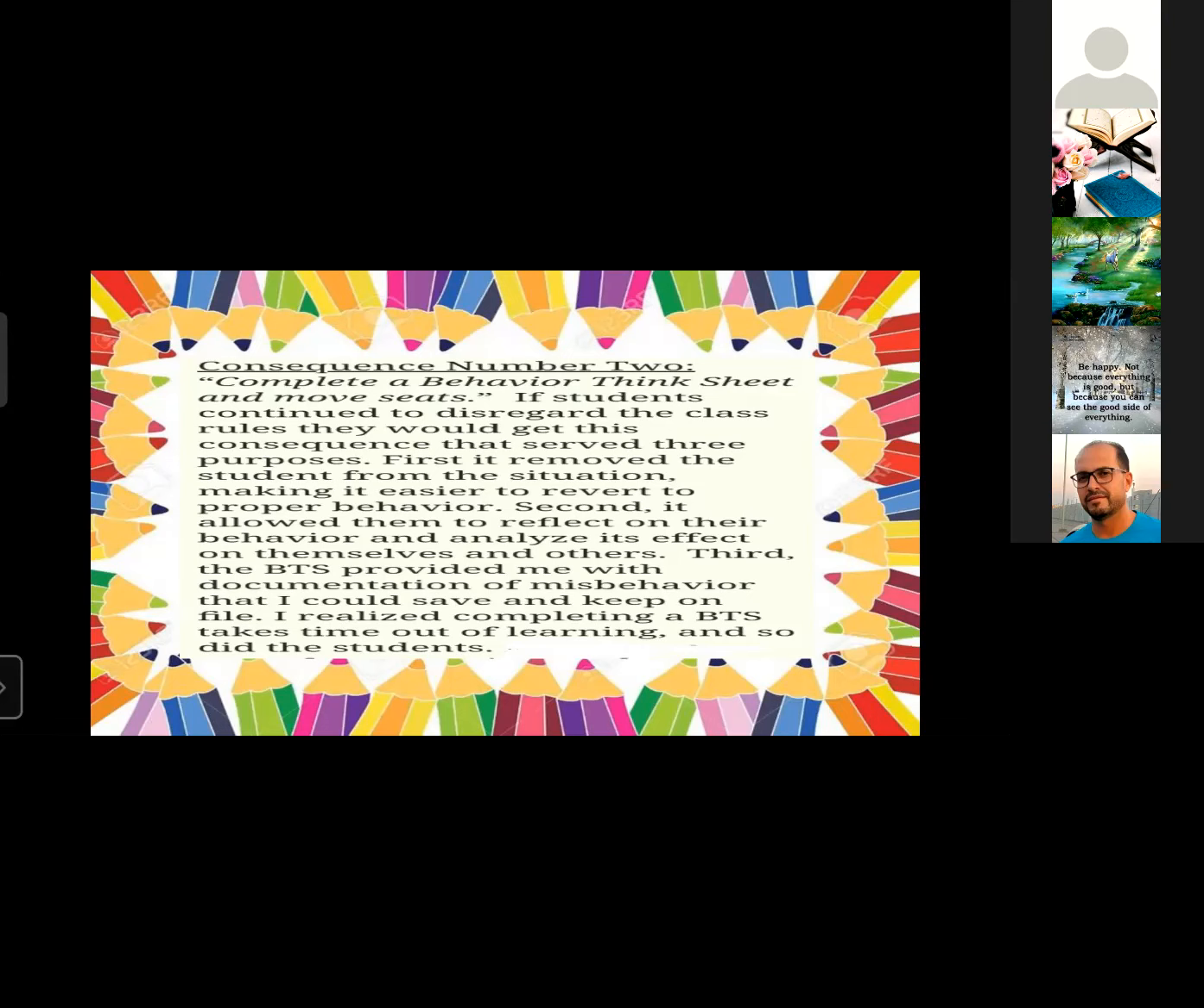We can change the places according to the colors, according to the birth dates, according to their hobbies, their favorite subject, their pets, and so on. If students continue to disregard the class rules, by disregard, we mean if they do not follow the rules, they would get this consequence